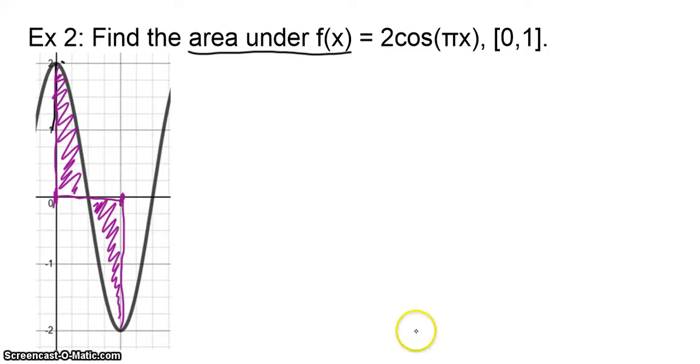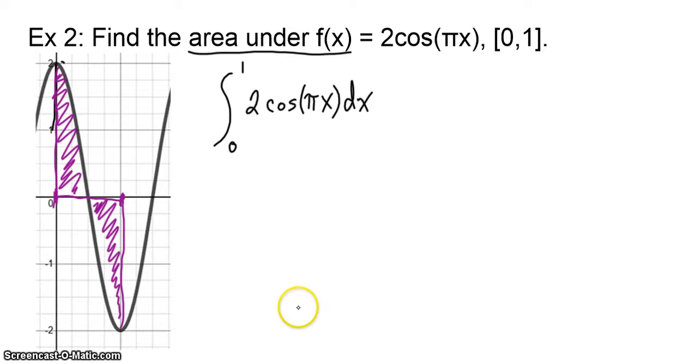Well, again, because what it says is area under the curve, it's just a definite integral from 0 to 1 of 2 cosine pi x dx. Okay. So 2 times 1 over pi sine pi x